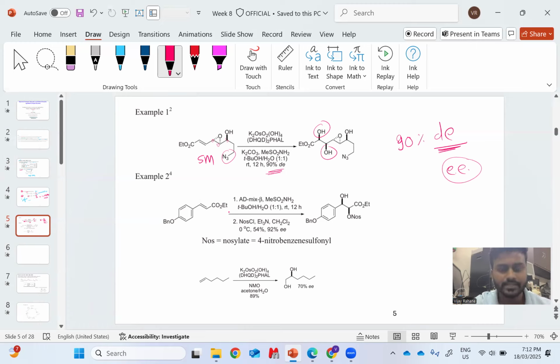Further, the second example mentioned here is the alpha beta unsaturated ester, which has the alpha beta unsaturated double bond, the olefin. Upon addition of AD mix beta and the SO2NH2, that's the amine, it maintains the basic condition. Further, the reaction solvent is butanol and water in a 1:1 ratio, at room temperature for 12 hours,